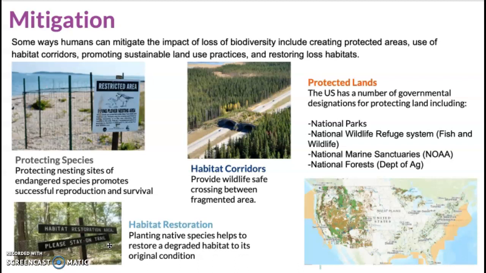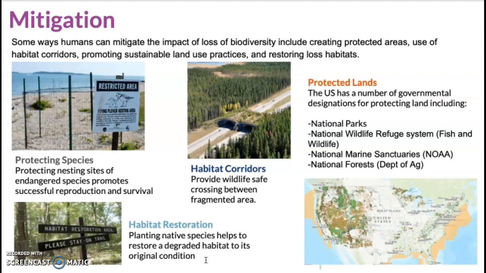So in protecting species, here's an example of protecting the nesting sites of piping plovers. These are small little birds that live on seashores. So if we protect the nesting sites, we're promoting the reproduction and survival of that species. We can restore habitat by planting native species, which would help to restore that degraded habitat, hopefully to closer to